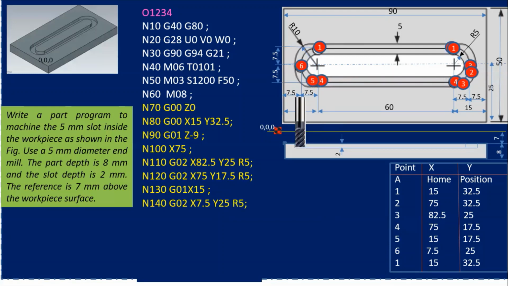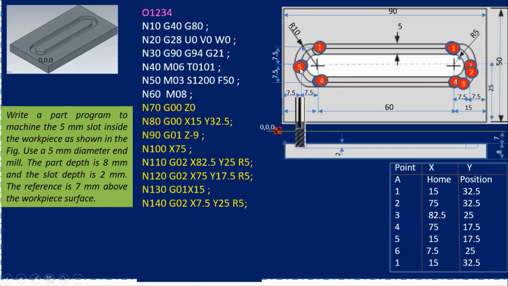Okay, 5 to 6 is like this. So I have written the coordinates of 6. Now here G02 again it is a clockwise direction. Okay, so my coordinates of the 6 you can see 7.5 and 25. And how much is the radius? The radius is 5 because you can see all the radius is given 5. Inner radius is 5. Take care of that. So that is the radius I have written. Means up to this you have written.